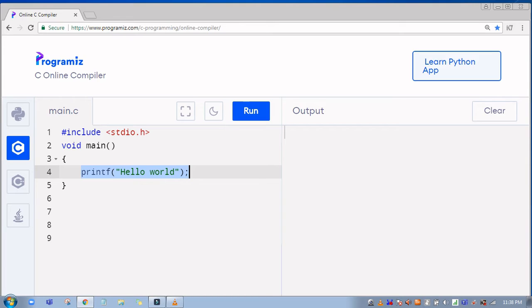What is the syntax of this printf? You are going to open a bracket, close the bracket, and end with a semicolon. Semicolon means terminating. You must terminate every statement in C language. What is inside that bracket? I have used double quotes. Inside this I have written hello world. So whatever you write within the double quotes inside the printf function, it will print on your output